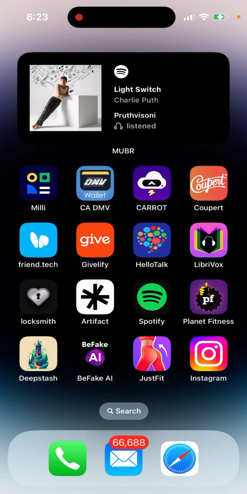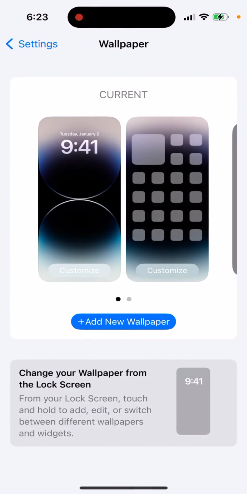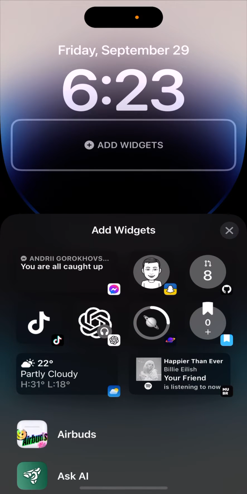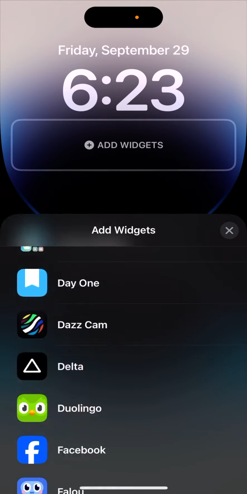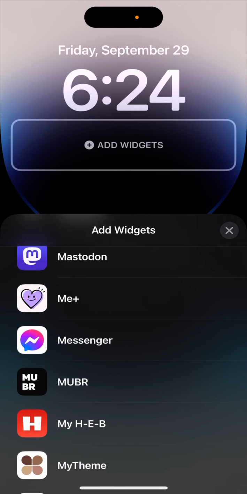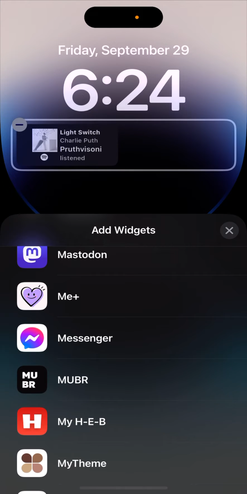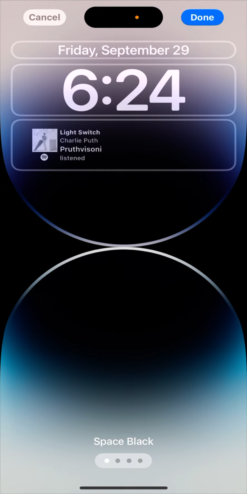And then also you can add a lock screen widget. If you just go to settings, wallpaper, you can tap customize, and then add widgets, and from here again, just search for MUBR. By the way, I don't know how to exactly pronounce it. MUBR, MUBR, and what does it mean? This part I don't know, but see what your friends listen to, and then just install the widget like this, and then yeah,